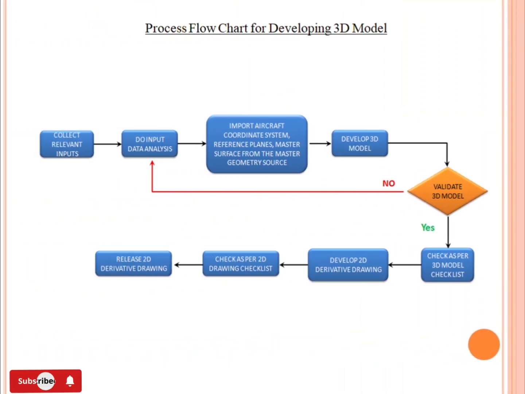And this is the process flowchart for developing a 3D model. First, collecting the relevant inputs. After collecting the relevant inputs, input data analysis. After doing data analysis, aircraft will be imported, coordinate system will be prepared, reference planes, that is datum line, master surface from the master geometry source. After that the 3D model will be developed. Again there comes the condition, validation of the 3D model. If the 3D model is correct,